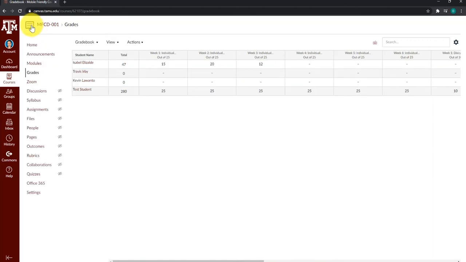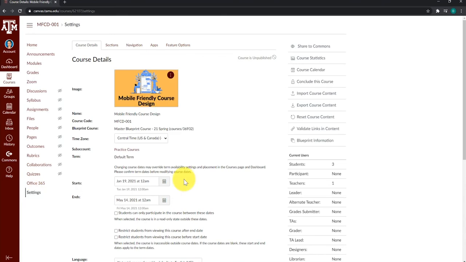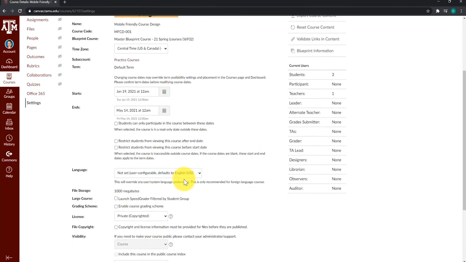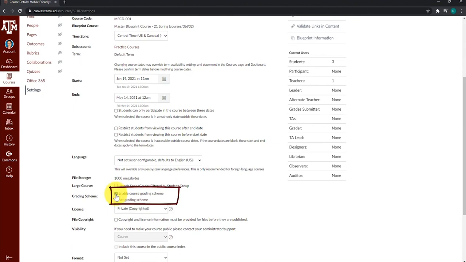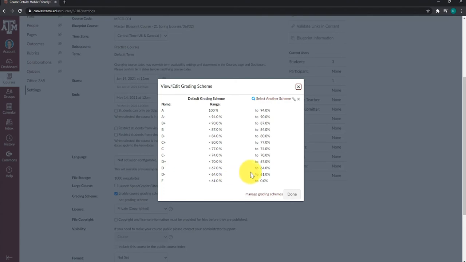So I click on my 3 horizontal lines at the top so I can see my course navigation again. I'm going to go to the course settings, and for my course details, I need to enable the course grading scheme. Check that box. Below that, I have set grading scheme. The default grading scheme in